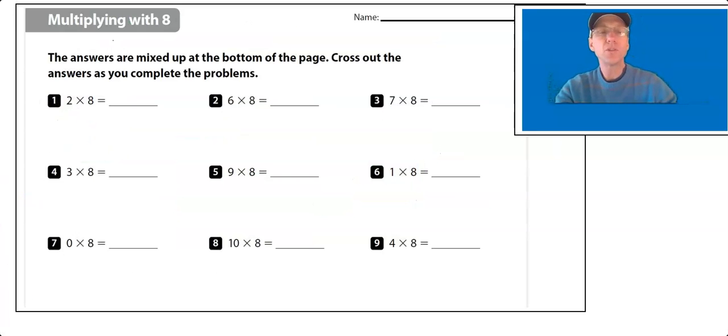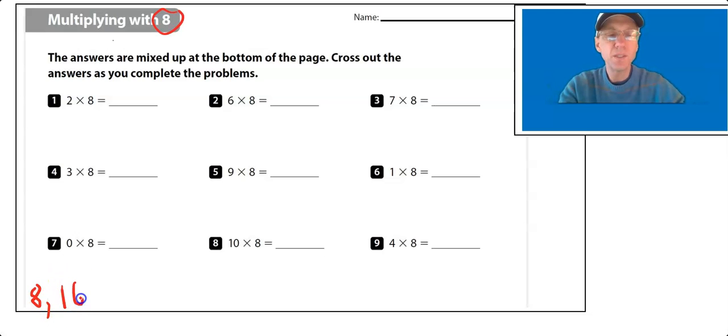Okay, so now we're multiplying with 8. Just a lot of multiplication. So let's write those multiples down here so that you have them and you can refer to those on your paper. First one, 8 times 1 is 8. 8 times 2, 16. 8 more, 8 times 3, see if you can guess it. 24. 8 times 4,